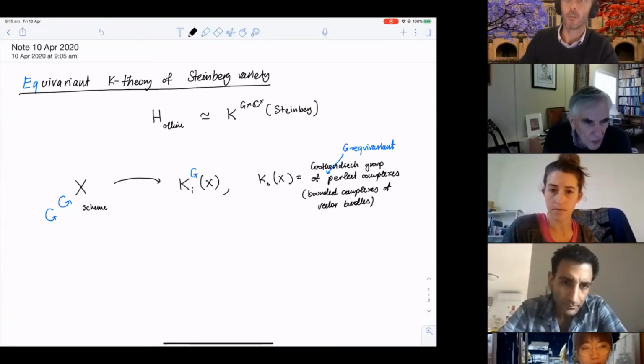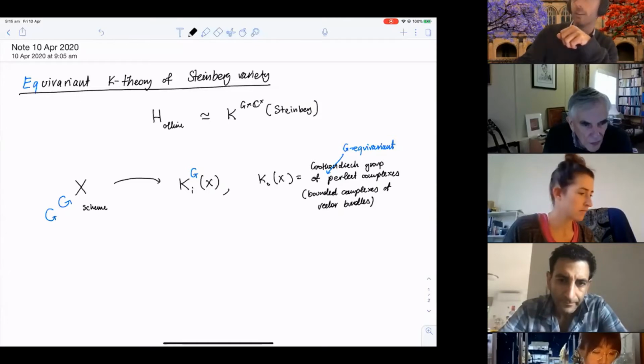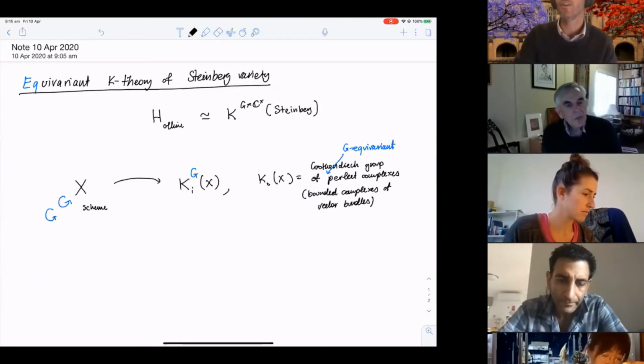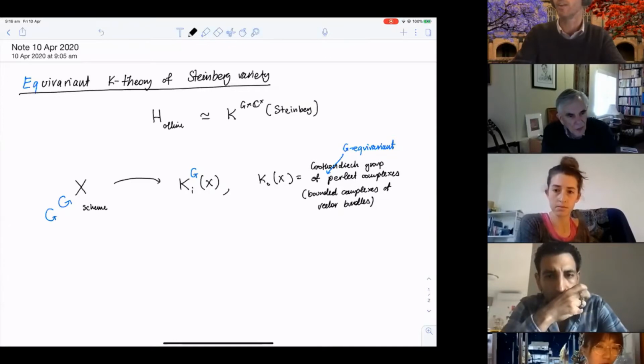So it was so complicated that it took extremely smart people kind of 20 years to come up with even the definition. And then establishing these basic properties like excision and long exact sequences was extremely tough. So Quillen was able to establish it for smooth varieties, but there was this big open problem for a long time to establish it for singular varieties. And I just want to read to you from the introduction of this beautiful paper, which I meant to